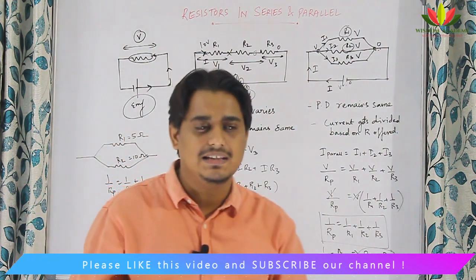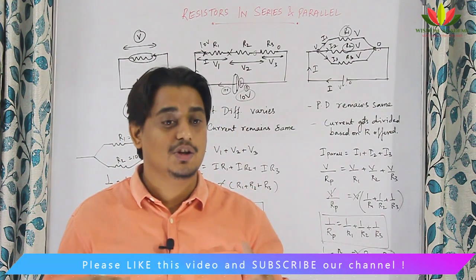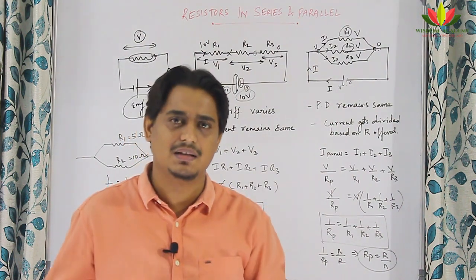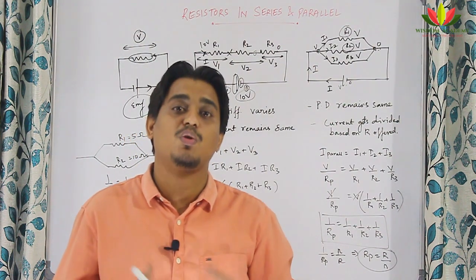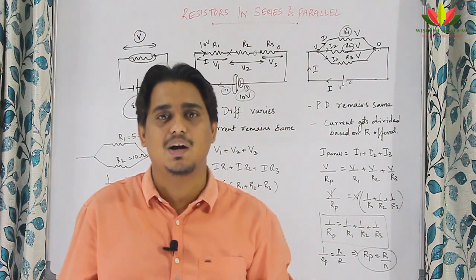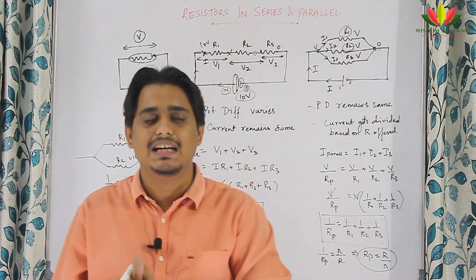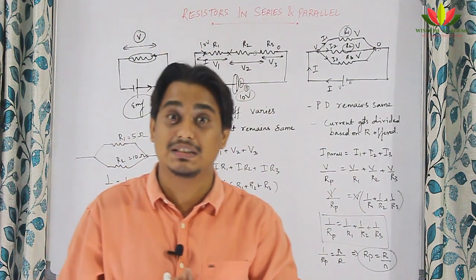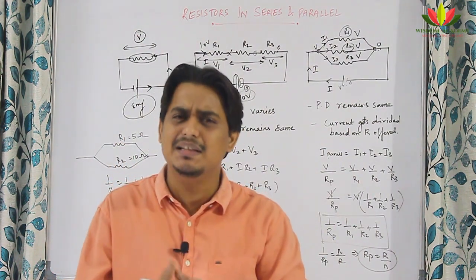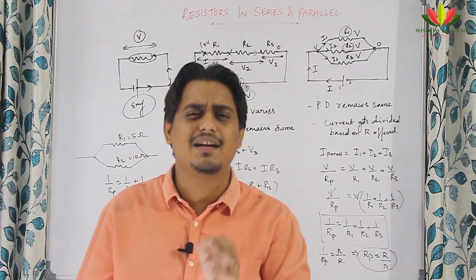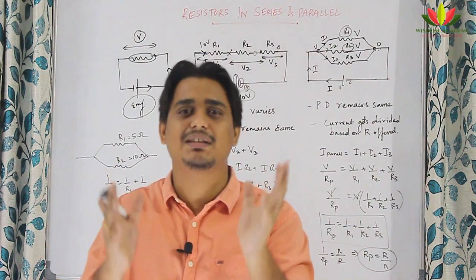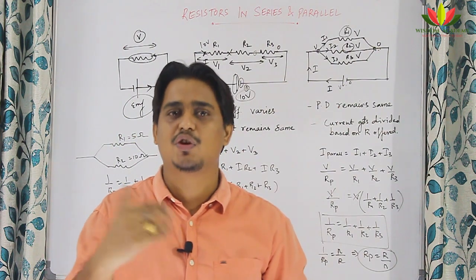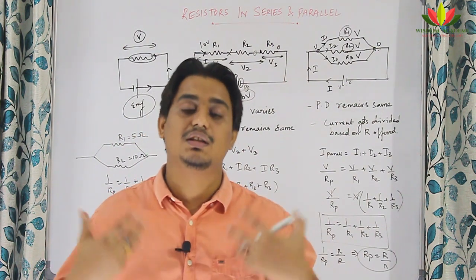It's up to you. Like in your textbook itself, there will be hundreds of questions of resistances in series and parallel. So the more questions you solve, the more confidence you will get, and the more ideas you will get how to solve the resistances easily. Initially you will find that you are taking at least 5 or 10 minutes to solve one question of resistance. But as you get experience, it will take hardly 30 seconds to solve complex circuits. It's all about your hard work and how much time you are putting into solving the resistances. The more you solve, the more expert you become.